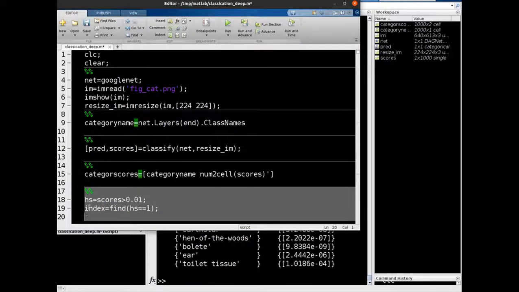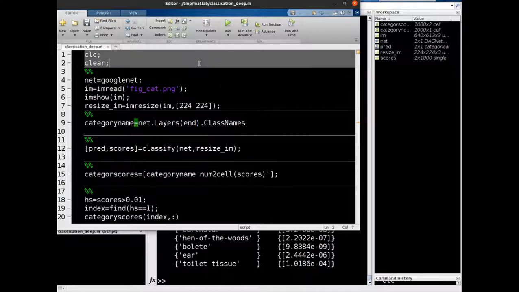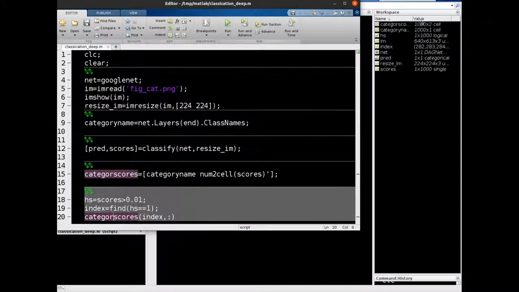And then we can use the variable index to get the category and scores which have a score greater than 0.01. So now these three lines of code will return only those category scores where a score is greater than 0.01. So let us put it here, and now let us run it again from the start.